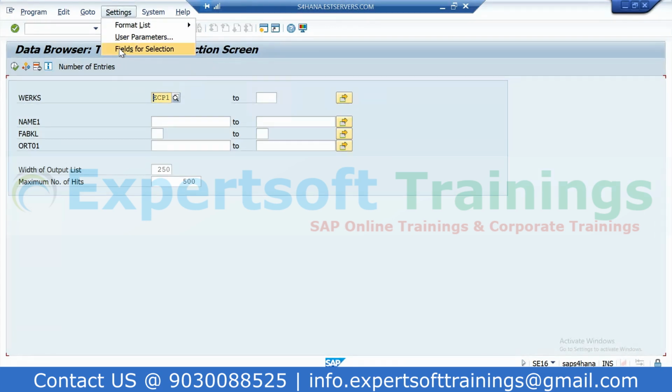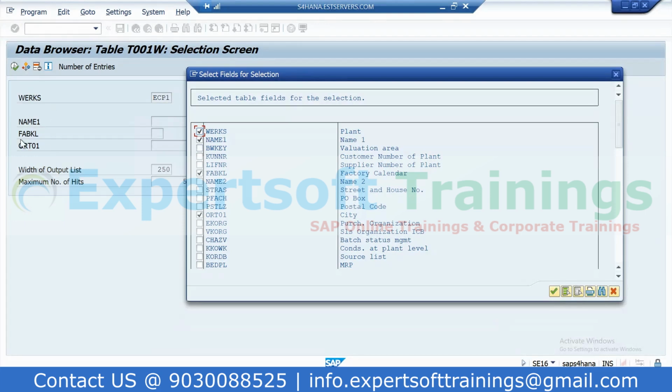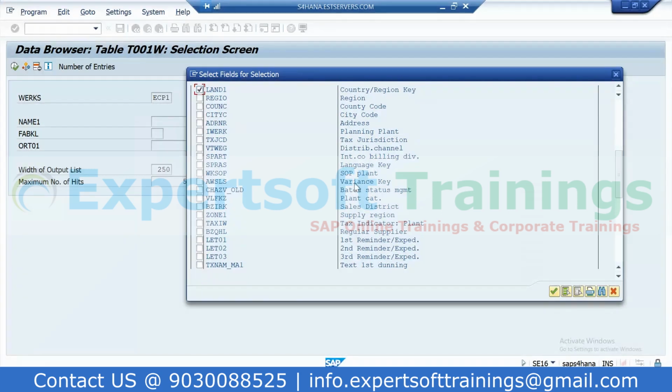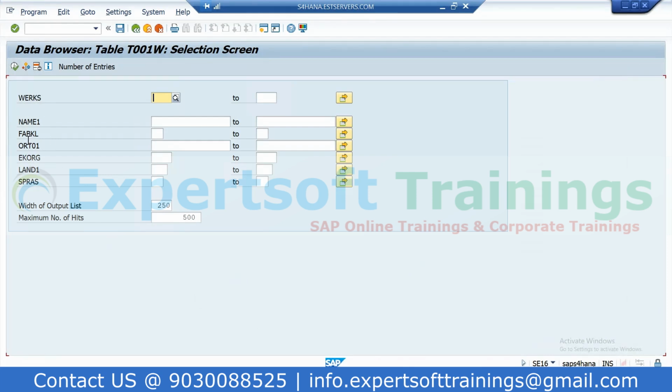go to settings and click on field selections. तो यहाँ पे इतनी सारी फील्ड्स आ रही हैं आपकी इनिशियल एंट्रीज में, ये 4 ही आ रही है ना, देखो 1 2 3 4 ही सिलेक्टेड है ना यहाँ पे। अगर आपको और भी सिलेक्ट करना है, मतलब जैसे फॉर एग्जांपल ये लो कंट्री भी चाहिए आपको, तो यहाँ कंट्री भी आ जाएगा, ये दिख रहा है LAND1, यहाँ पे ये आ जाएगा। और परचेजिंग ऑर्गेनाइजेशन का फील्ड ले लो यहाँ पे T001 में। लैंग्वेज की ये ले लो। तो आपको इन 4 फील्ड्स के अलावा भी 6-7 फील्ड और मिलेंगी आपको इनिशियल एंट्री पे। ये देखिए जरा, इस तरह से you can select your fields. कंटिन्यू, ये देखिए आपकी फील्ड्स बढ़ गई यहाँ पे। So you can do more selection on the initial screen.